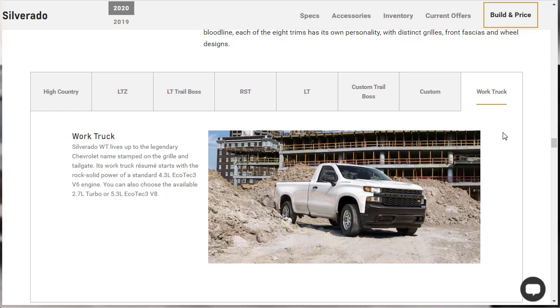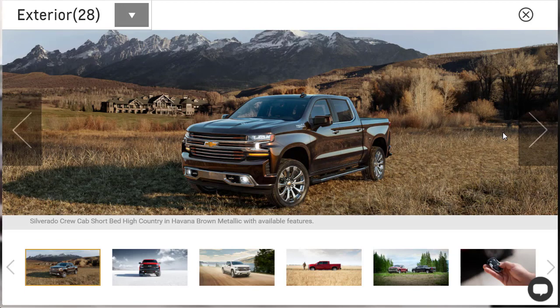You can also get the 5.3 liter V8, or you can get the turbocharged 2.7 liter motor. So I think this truck, the work truck, is pretty cool. Pretty cool, obviously. All right, before we jump into all the features of the 2020 Chevy Silverado 1500,